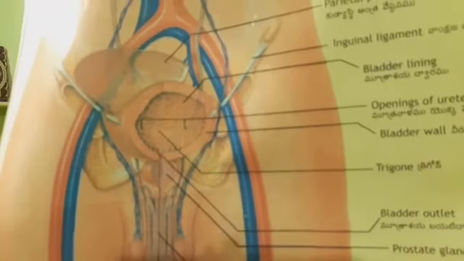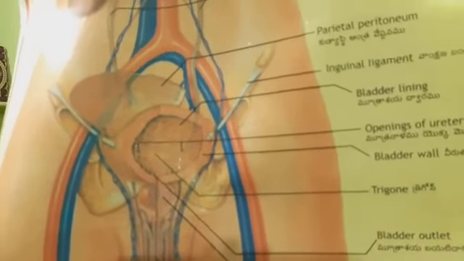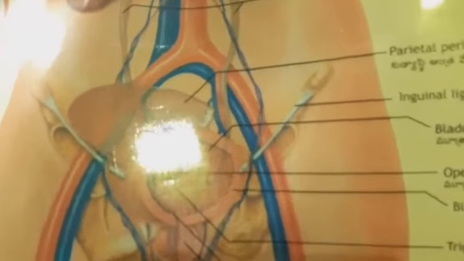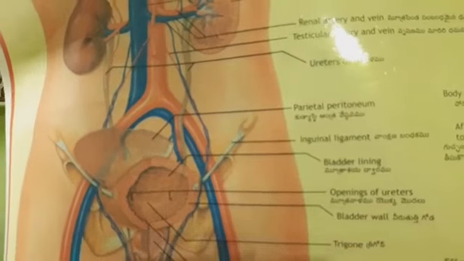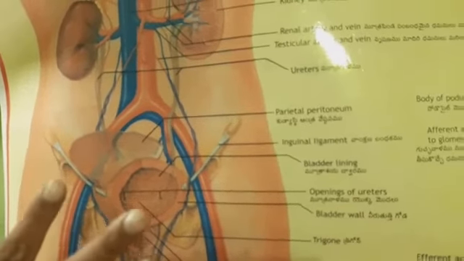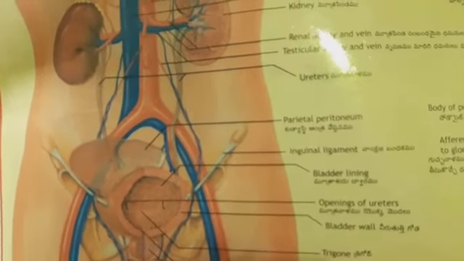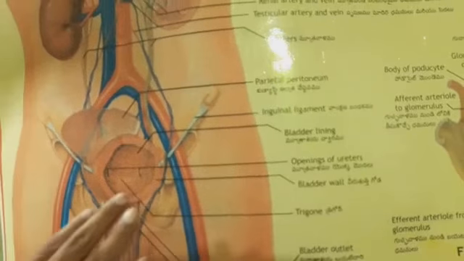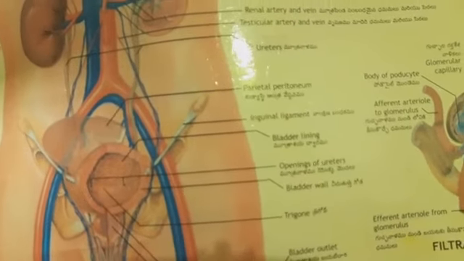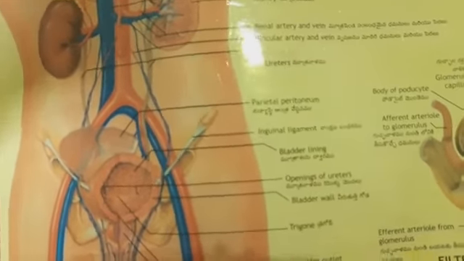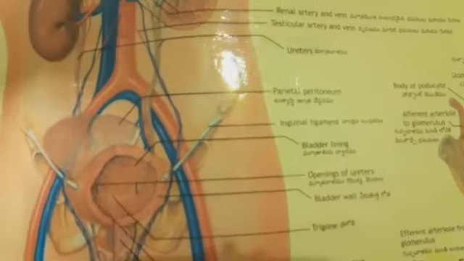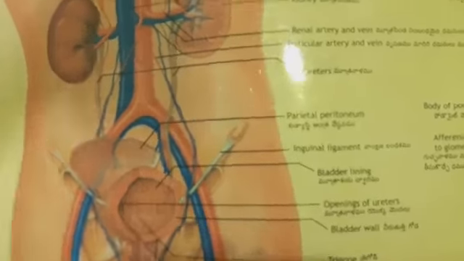Okay, children. Now we shall see about the urinary bladder, which is a bag-like structure, or distensible. Distensible means elastic in nature, which can increase and decrease its volume, just like any balloon, or a sac which is elastic in nature. So this extends and distends. Normally it is in a smaller condition, and later it can extend. It can hold 300 to 400, up to 800 ml of urine, which is the maximum capacity it can hold. It is highly elastic in nature.